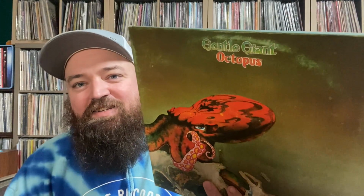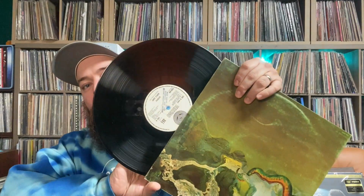This is one that's kind of funny. I got this in a collection probably over a year ago, and I set it aside somewhere. Could not remember for the life of me where I had it. This is a Gentle Giant Octopus. This needs a good cleaning, if I'm being honest, but this is an original Vertigo of the...